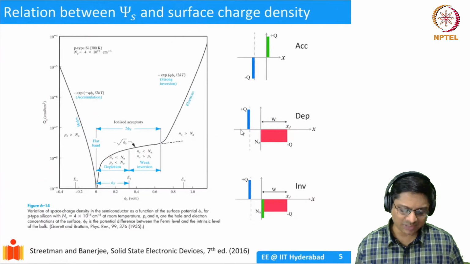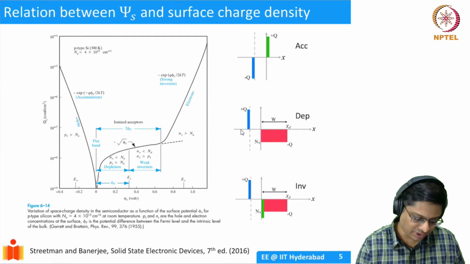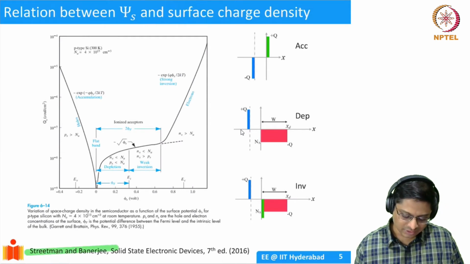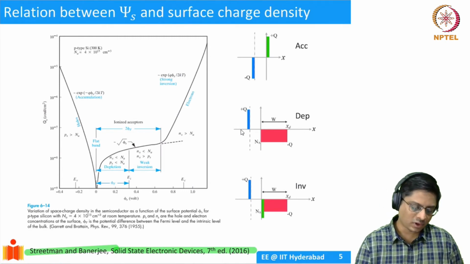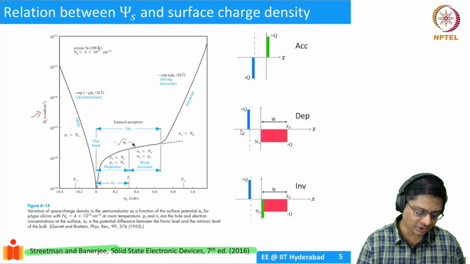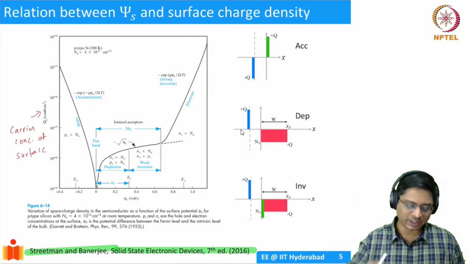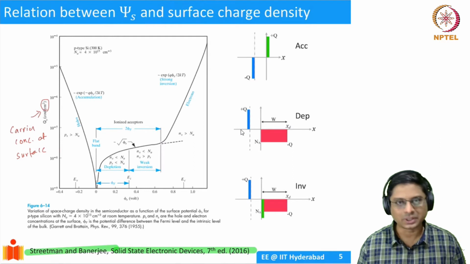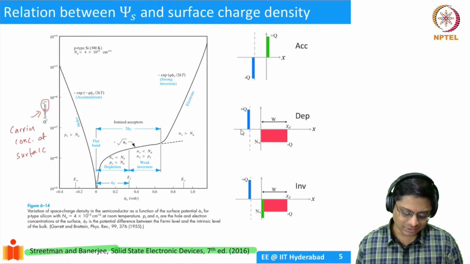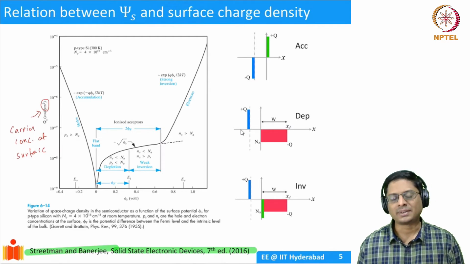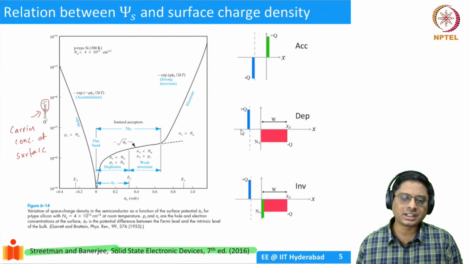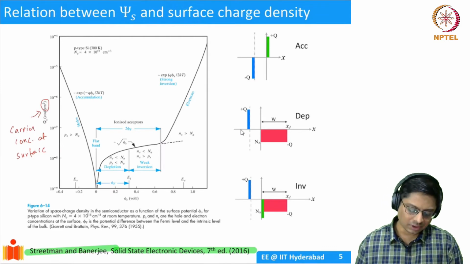So this I want to summarize. You could summarize it in this graph. This is not from the textbook, but from another book by Streetman and Banerjee. This is also a good undergraduate textbook. Okay, so what you see here on the y-axis is the carrier concentration at the surface, just below the gate oxide. The units are per centimeter square. Please look at that. We have to do something to calculate this. Okay, so how does the carrier concentration change as a function of, ideally, gate voltage, but we can also refer to it in terms of surface potential.